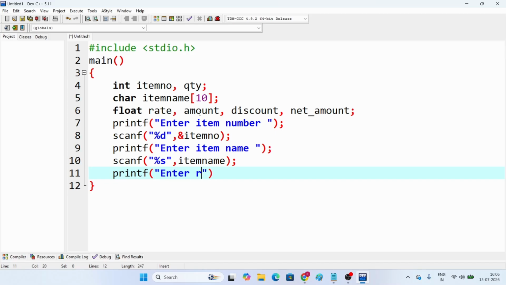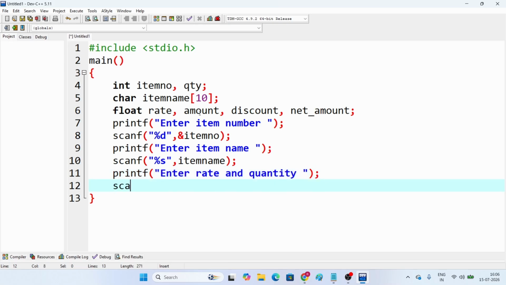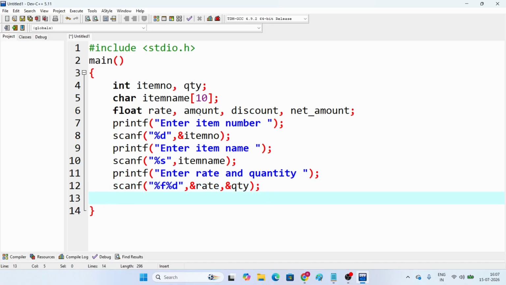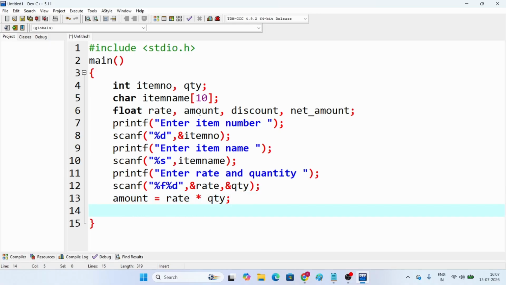Enter rate and quantity, scanf %f %d comma and rate comma and quantity. So these are our inputs. Now calculate the amount. What's the formula? Amount equal to rate into quantity will give the amount. Now based on this amount, we want to calculate the discount. So check the conditions. If the amount,